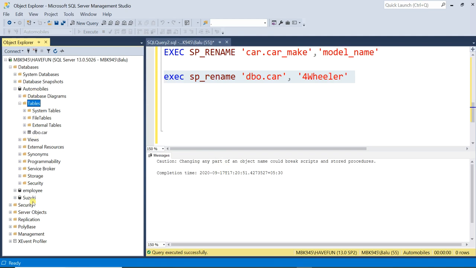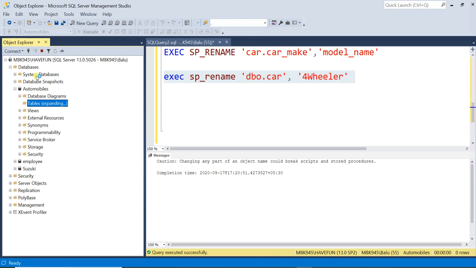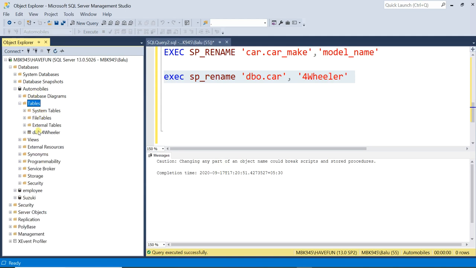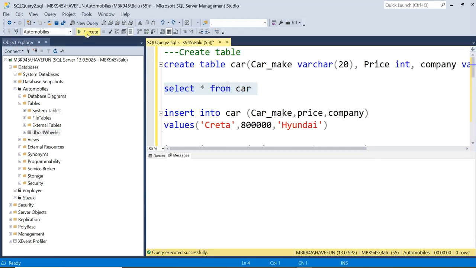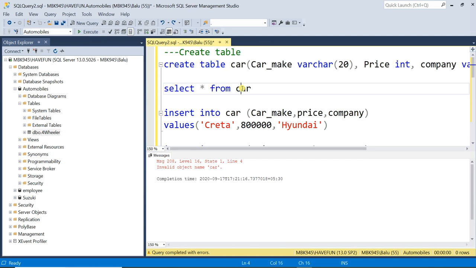You can check here, click on this table and refresh here, and you can see table name has been changed to four wheeler. Now when you use select statement with car, it will not display because we have changed the table name. You need to give the new table name, four wheeler.